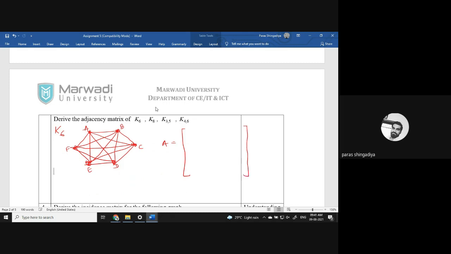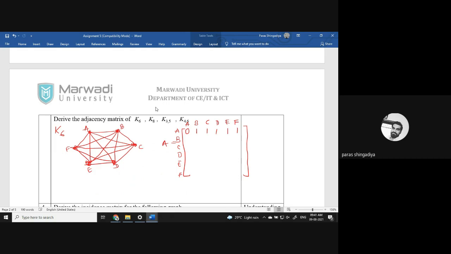So what does it mean? When we create the matrix of any complete graph, it's very easy to fill in all the data without verification. 6 vertices are there, so it is a 6 by 6 matrix. The labels are A, B, C, D, E, and F. ठीक है. So क्या करना है? Except the diagonal, replace all the places with 1. Means A to A will be 0 and A to B, A to C, A to D, E, and F will be 1.